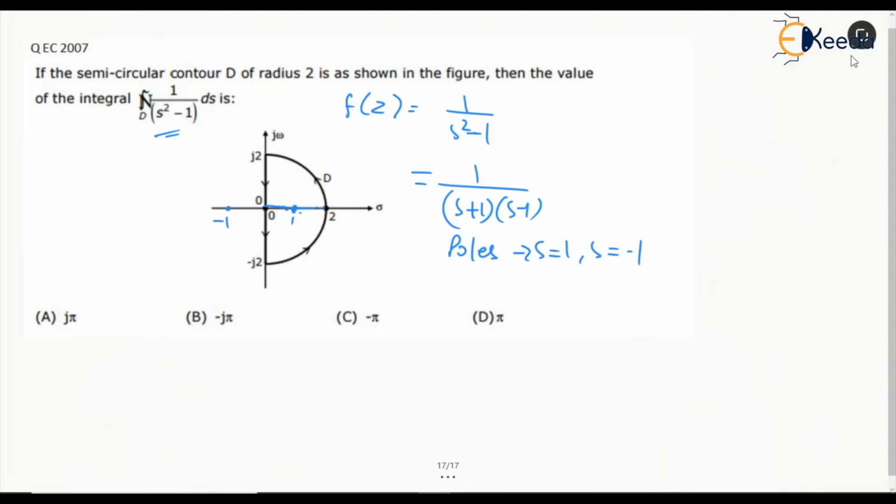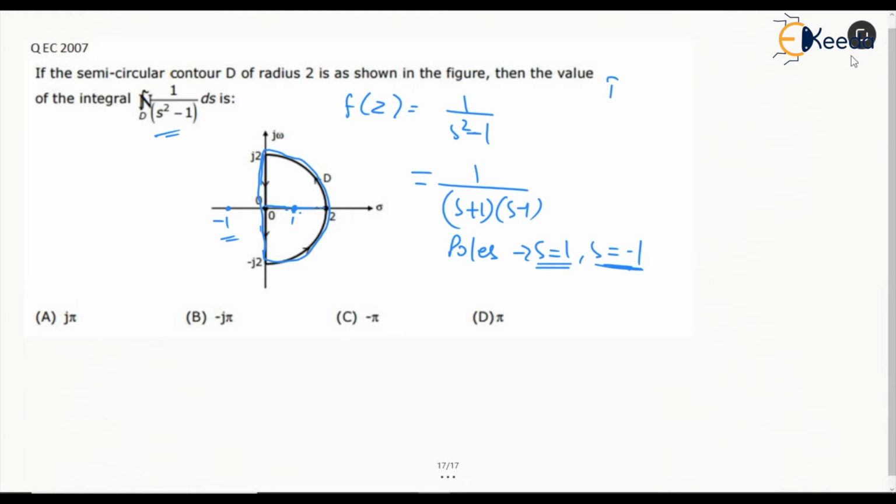In that case we can clearly see that this contour we are talking about, the arrow direction is already given. In this contour, we don't have this point z equal to minus 1, we have this z equal to 1. That means we have only one singularity in the region, so we will have to find the residue at only one point, right? We don't have to find the residue at z equal to minus 1. This is out of the domain. We will have to find only for z equal to 1.